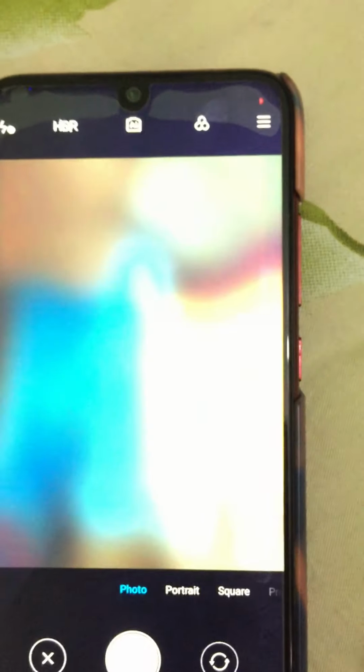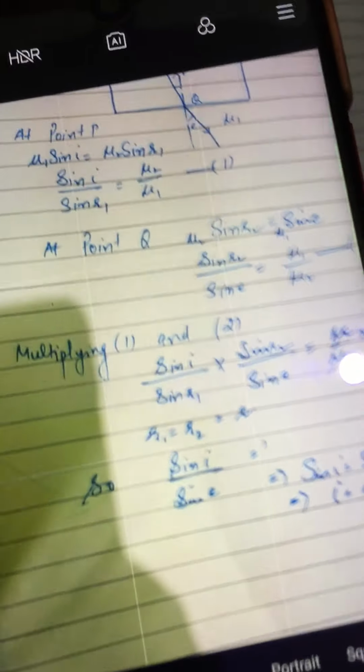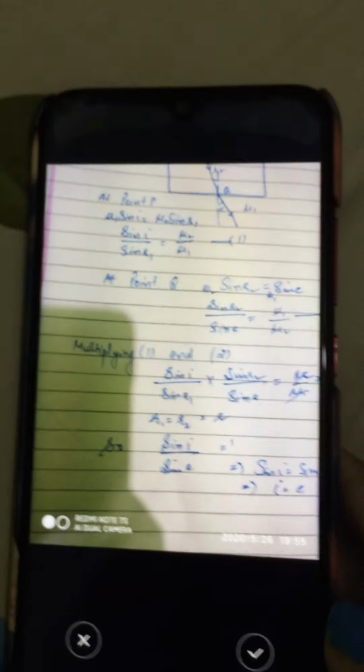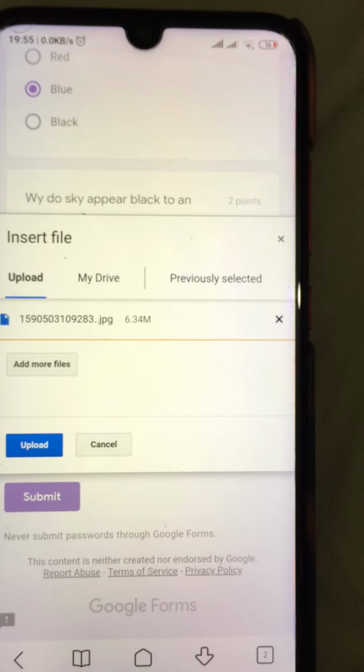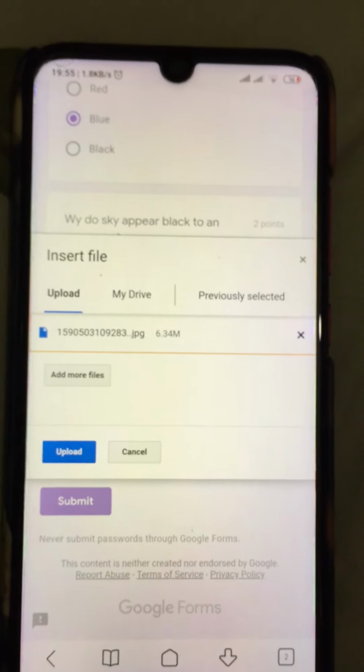Now I can choose my camera again, and I will click the picture again. Okay, so I have clicked the picture. Now this file has been added. Fine, like this you can add files.